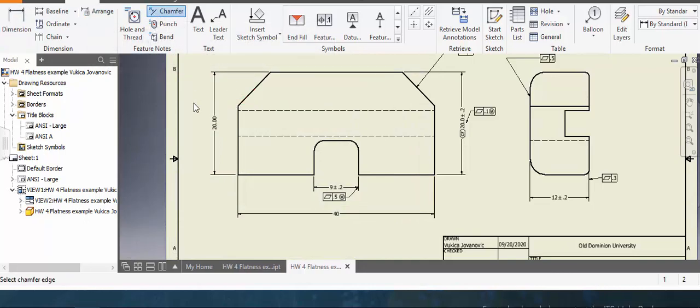I think I don't need it. So escape, and I can just delete it. And then for the chamfer, you have to select the angled line and one of these horizontal or vertical, and it will give me the dimension of the chamfer. And then after I finish that, you can do radius,